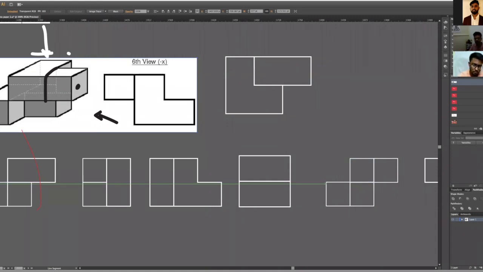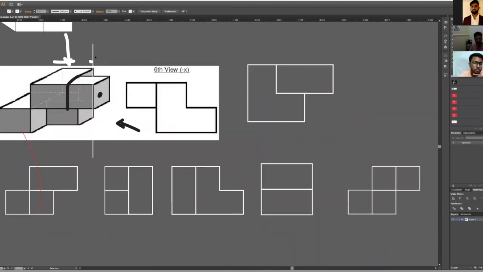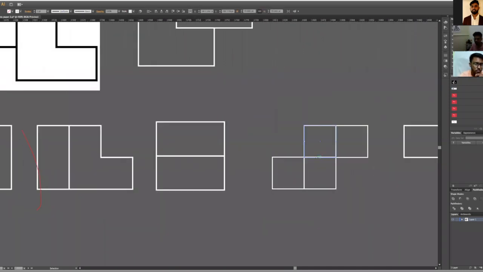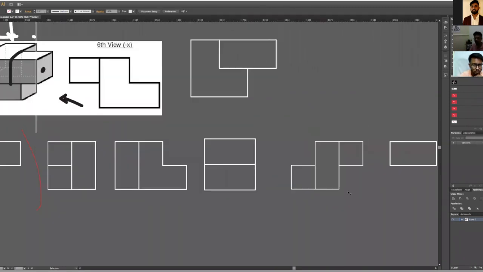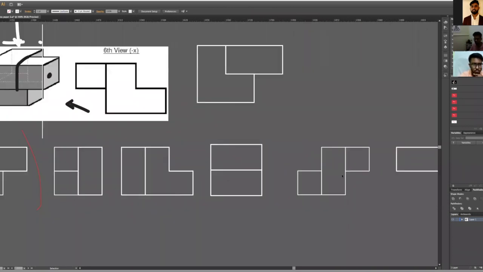No, sir. Because see, this is the line which is going. This is the line which is forming, and there is no disturbance in the line. That means the surface is very clear. So we will be having a merge over here. Got it? So this is the height of it.